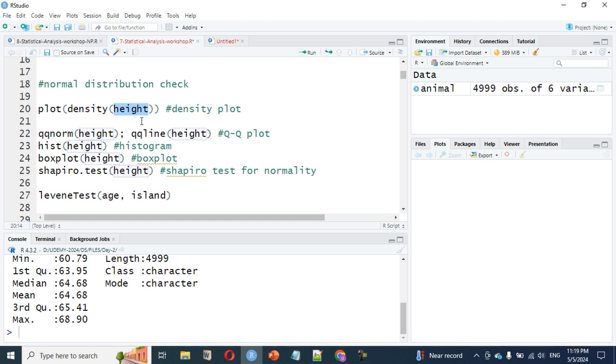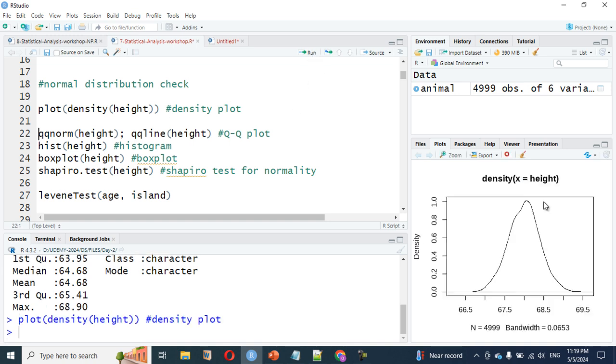Because we want to do this for numeric data. These are continuous, don't forget: continuous data, height and weight. You can choose any one of them to run our analysis, either height or weight. So we want to use a density plot first on the height. We run this, and you can see in the chart here that the curve